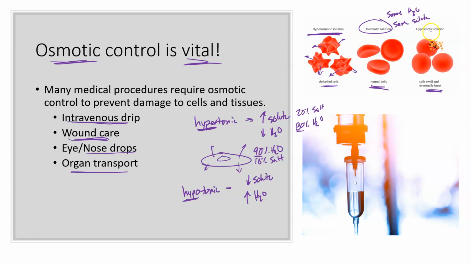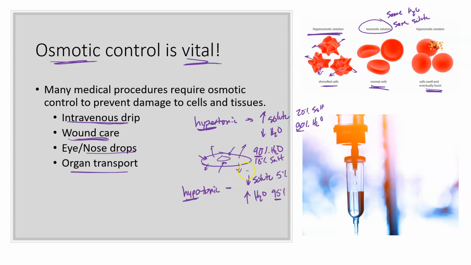To contrast that, when you subject the cell to a hypotonic solution, you get the opposite effect. So solute is decreased from what it was in the cell, and the water was increased from what it was in the cell. And so the water, let's say, is 95%, leaving the solute concentration to be 5%. Well, solute is less in the solution now than it was in the cell, and so the water therefore is higher in the solution than it was in the cell, and so water naturally wants to diffuse from where it is high to where it is low, 95 to 90,